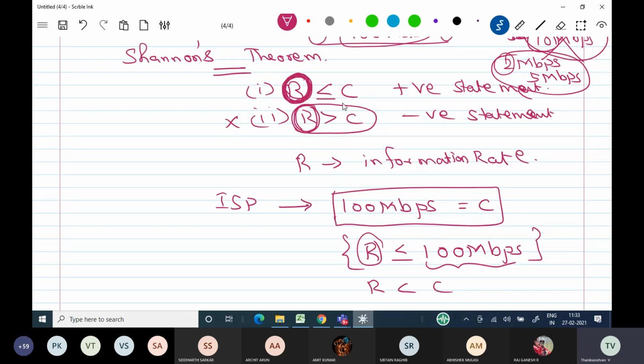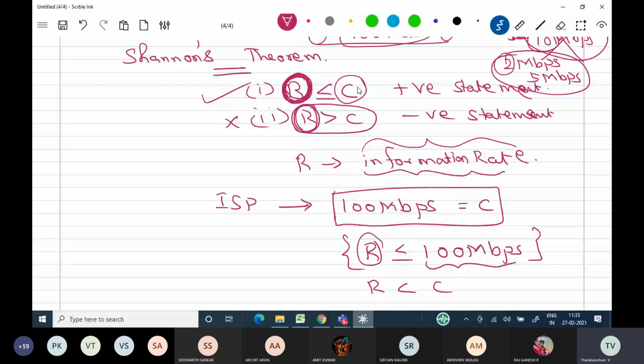Equal to, we cannot do. Why is it not possible? A lot of factors are involved. Maybe in your computer communication course, your teachers may teach. Here in information theory, we have to follow this, because we are not going to use this theorem anywhere. R must be less than or equal to C. That is the statement. What is this R? That is called information rate, the user's data rate. What is this C? Maximum data transfer rate is called channel capacity.